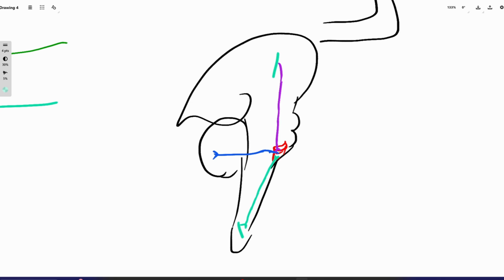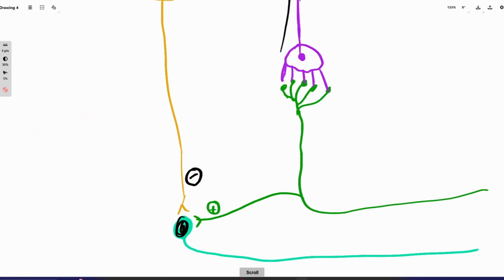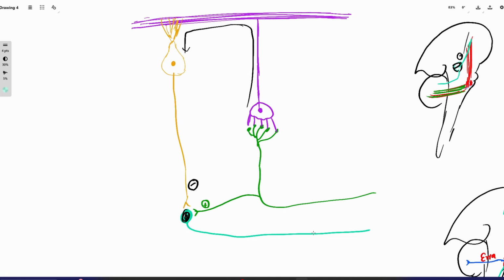You can say it compares the intended movement with the actual movement, and if there is some discrepancy, it sends a strong error signal here through these climbing fibers. And what this error signal will do, okay, let me explain this to you: this error signal is coming with the help of this